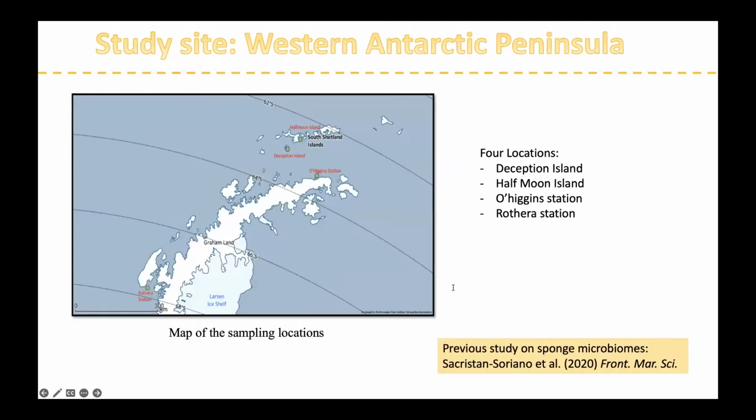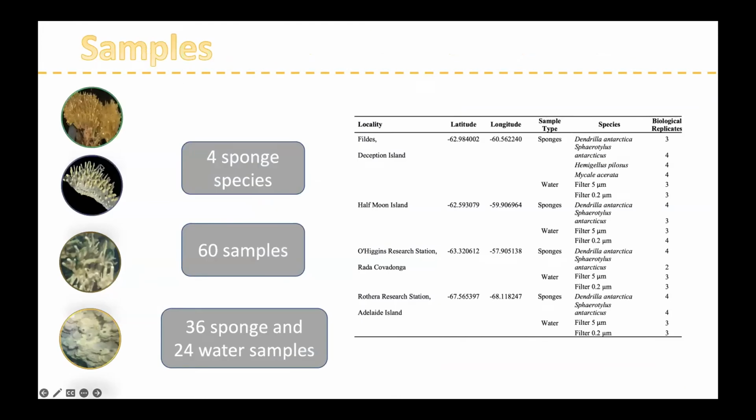To do so, we used sponges and water samples previously collected for a sponge microbiome study performed by Sacristán-Soriano and colleagues in 2020. During the austral summer of 2016, we sampled 4 different locations, 2 in the South Shetland Islands, Deception Island and Half Moon Island, and another 2 in the Antarctic Peninsula, in the vicinities of O'Higgins Station and Rodríguez Station. We collected several biological replicates, between 2 and 4 replicates per sponge and station, of